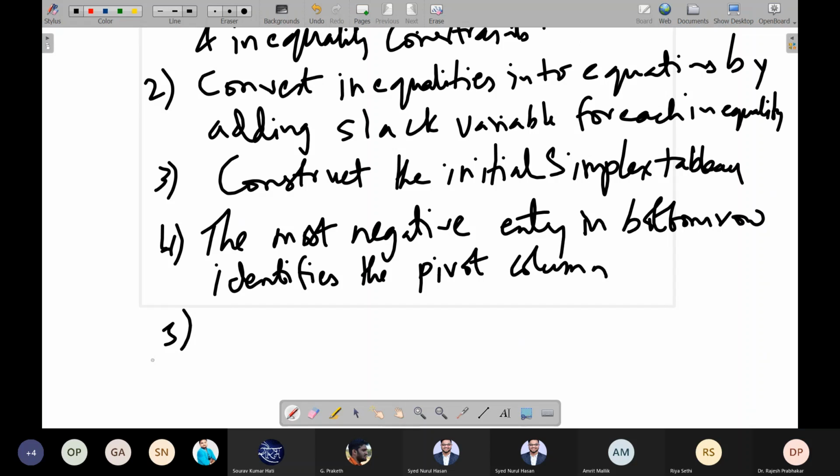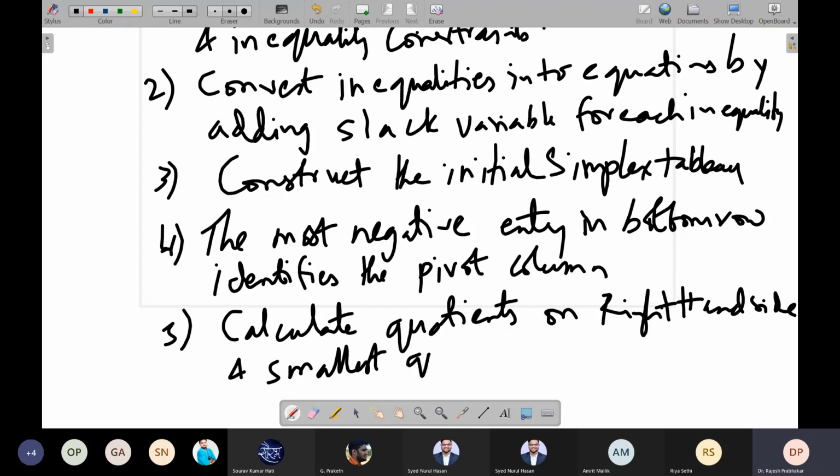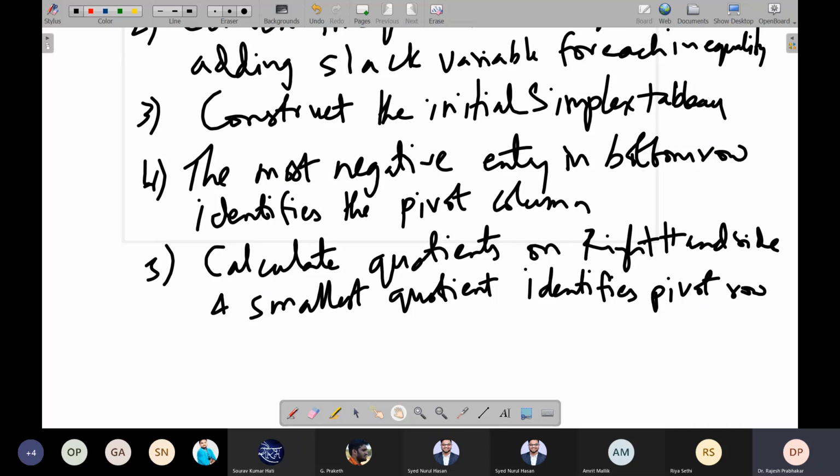Similarly, we have to calculate the coefficients on the right hand side, and the smallest quotient identifies the pivot row.